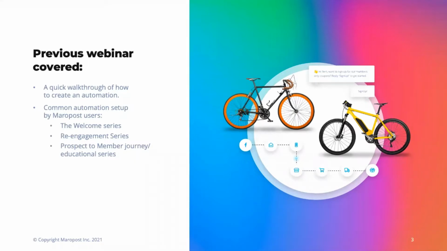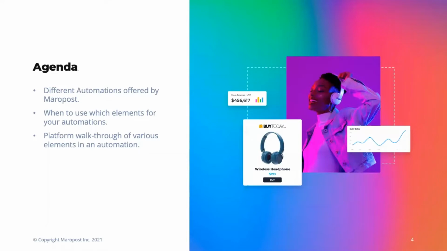Now, in this webinar, I'm going to talk about the various types of automations offered by Maropost, then which elements to use for your automations, when to use them, and how, while doing a live walkthrough of the elements within an automation